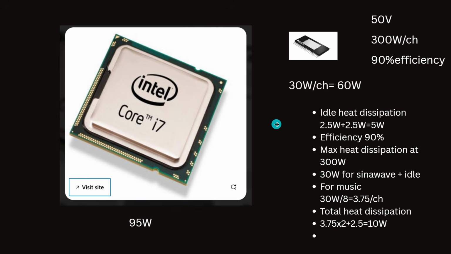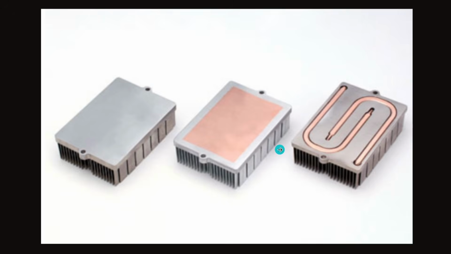I measured the board with the 2 chips and 4 channels, and total idle losses at 48 volts were 17 watts, and the board went pretty hot. We need a good heatsink for that when we are aiming at 300 watts per channel. Very difficult. And that means, when I said we need a really good heatsink, aluminium thermal conductivity is lower than